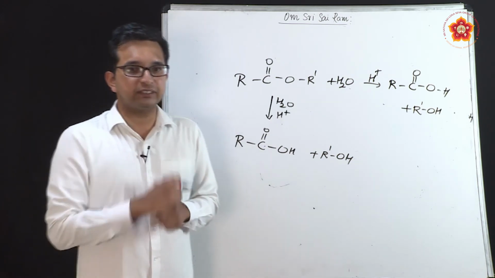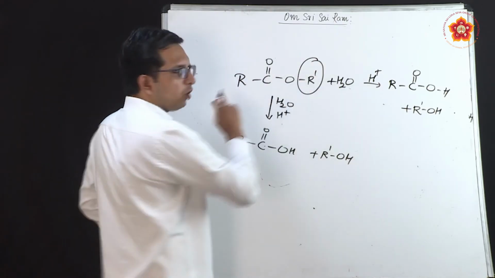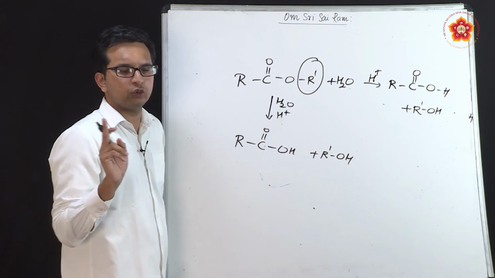Let us see some examples that are given for us now. So what are the examples here? Ethyl benzoate. They happen to get benzoic acid and ethanol. Whatever be the mechanism, wherever it cuts, it doesn't matter here, because in this case one part of acid comes and the other part of alcohol tends to come. So ethyl butanoate. We know very well that in the case of esters naming, this doesn't follow the normal IUPAC nomenclature.